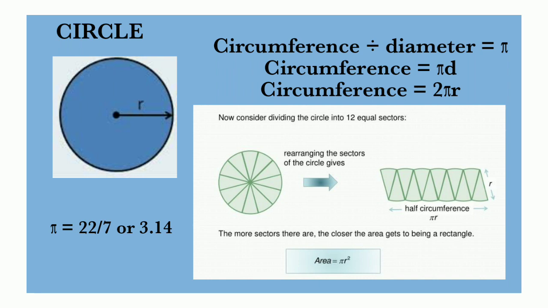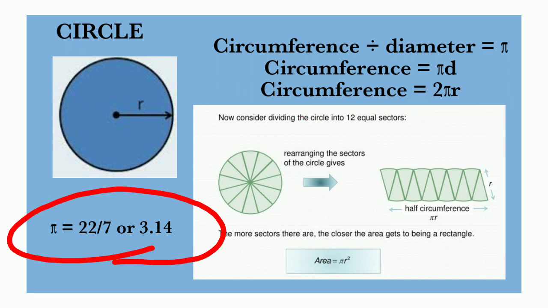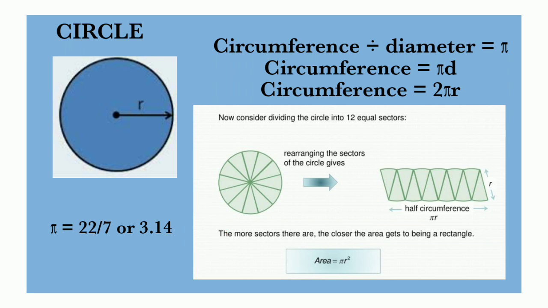So it is equal to 2 pi r, because d means double the radius, that is 2r. Instead of d we substitute 2r. So pi d can be written as 2 pi r. So the circumference of the circle is equal to 2 pi r. Here pi is every time 22 by 7 or 3.14. It is an approximate value, not an exact value. For problems, we have to take this value, 3.14 or 22 by 7.